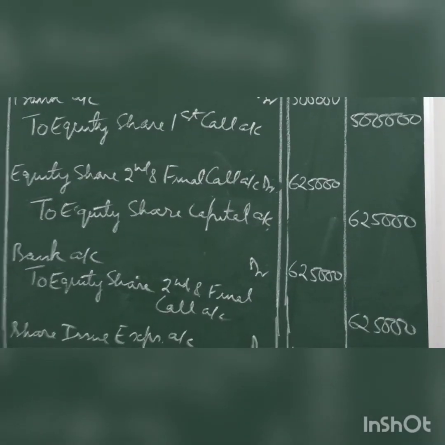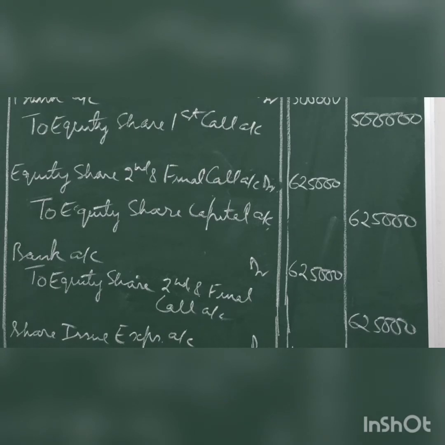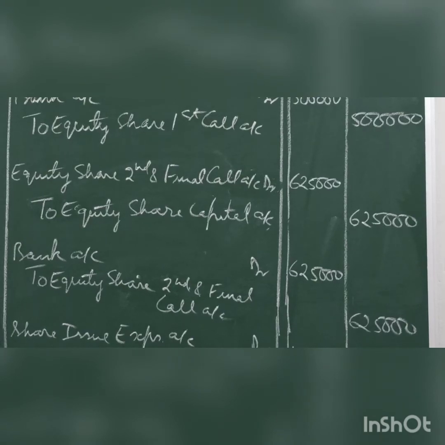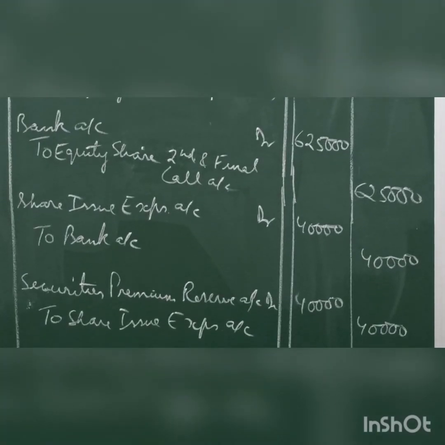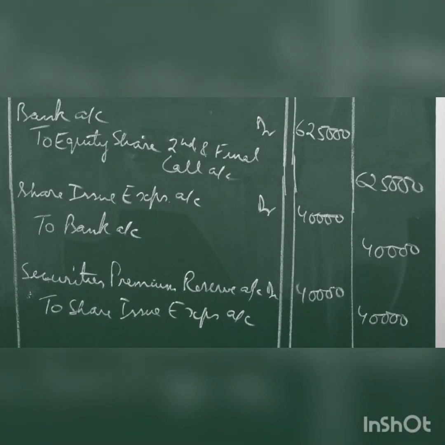Equity share second and final call account debit to equity share capital account, being second and final call money due on 25,000 shares at the rupees 25 each. Then the entry for receiving, bank account debit to equity share second and final call, being second and final call money received. Since we have expenses also in this question, the entries will be share issue expense account debit 40,000